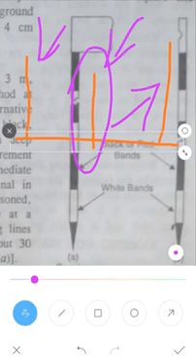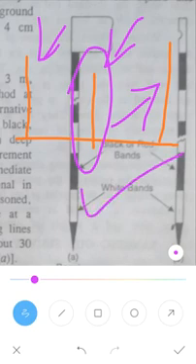Next is the ranging poles. Ranging poles are very similar to the ranging rods, except that they are longer and of greater diameter, and are used in the case of very long lines. So exactly it looks like this, but its length and diameter will be very high. They will not be pointed and painted.